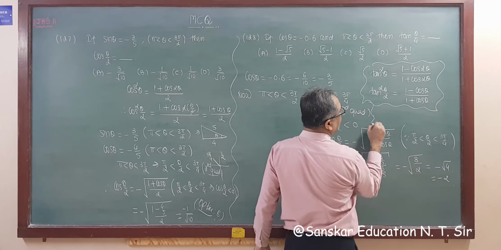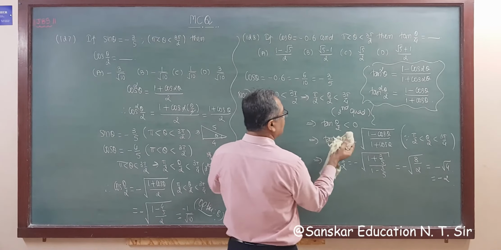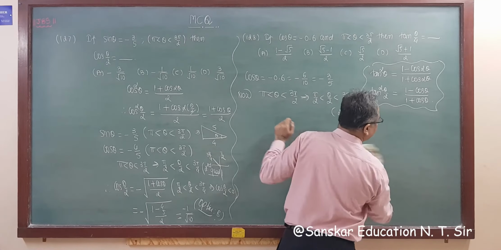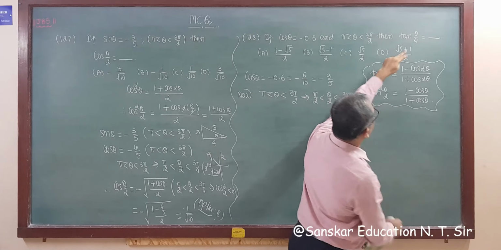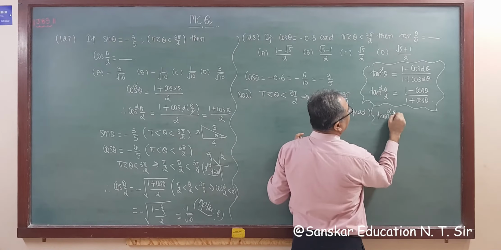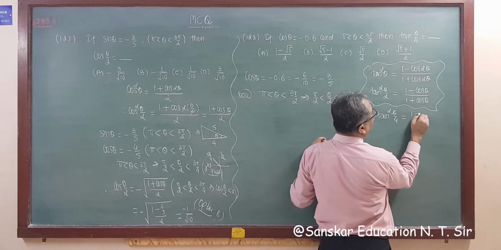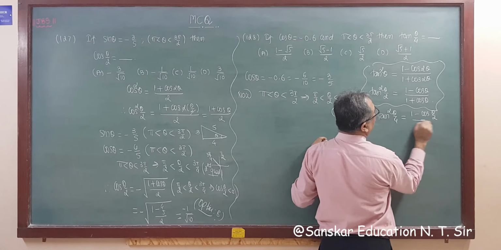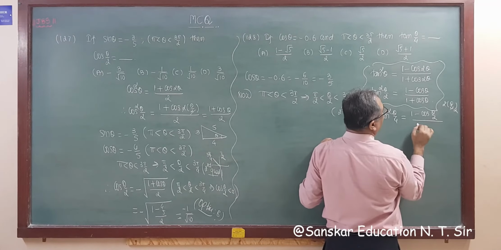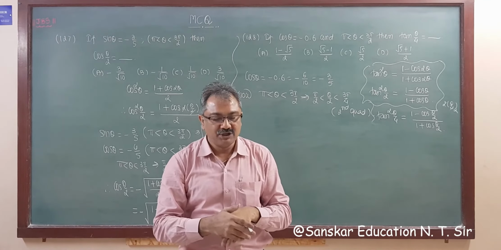So we have to find out the value of cos, right? This is in the second quadrant, this is okay. Now, we forget to find out tan theta by 4 and we find out tan theta by 2, right? So if we take tan square theta by 4, then the half of the double of this is what we get, 1 minus cos theta by 2. Double of this, that is 2 times theta by 4, that is theta by 2, and 1 plus cos theta by 2, right?